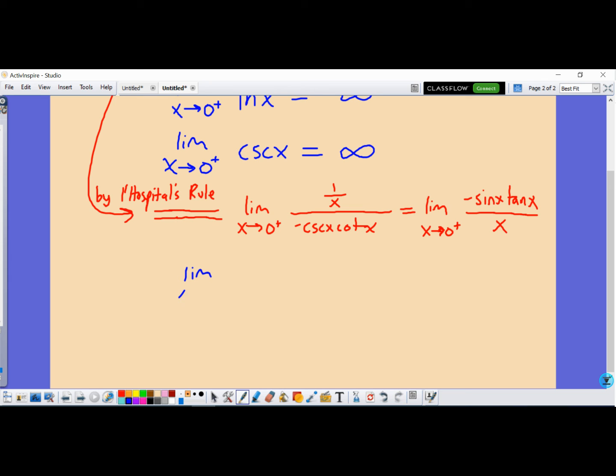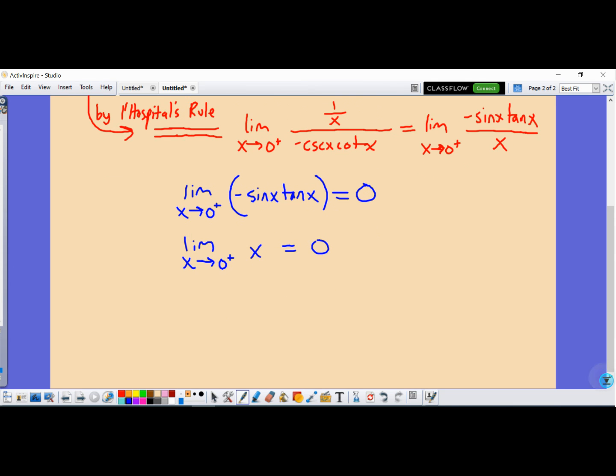The limit as x approaches 0 from the right of negative sine x tan x is 0. The limit as x approaches 0 from the right of x is 0. So both the numerator and the denominator are approaching 0 with those limits. Those limits are 0. And so it's that indeterminate form. And again, you could have just written is of the indeterminate form 0 over 0 here if you preferred. So now I'm going to kind of do the same thing again. Here, I'll leave a little more room on this arrow to write by L'Hopital's rule, so I don't have this ridiculously long equal sign. By L'Hopital's rule